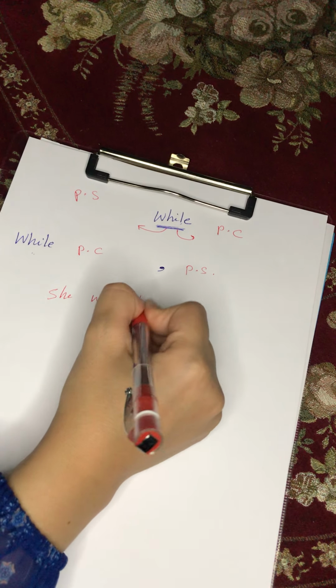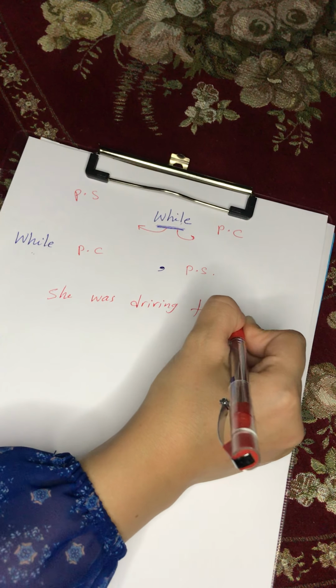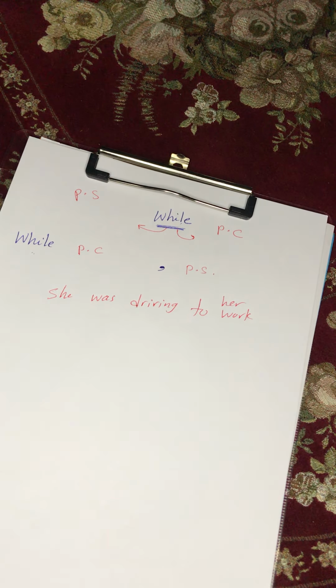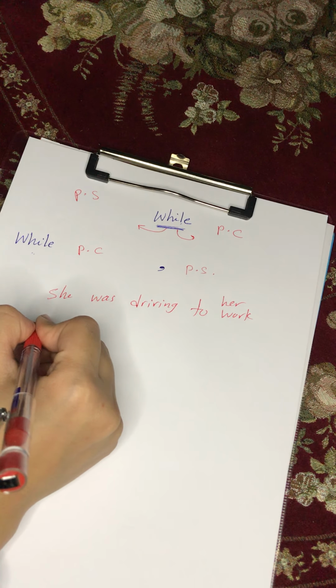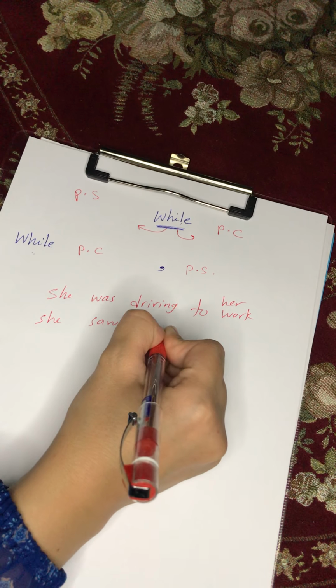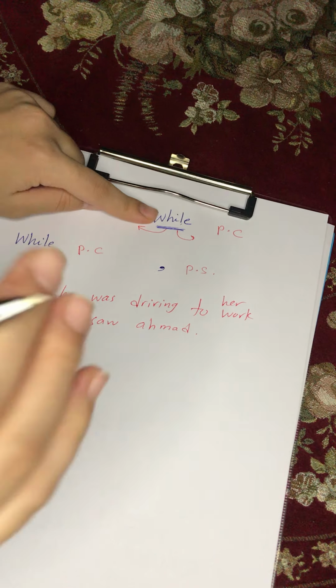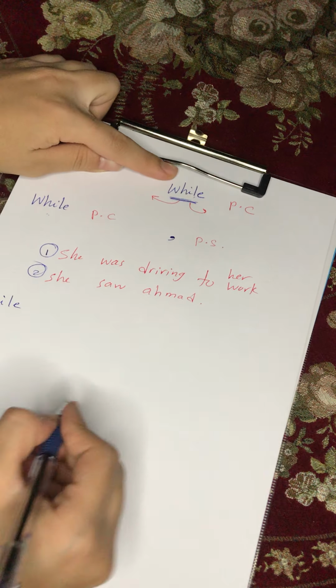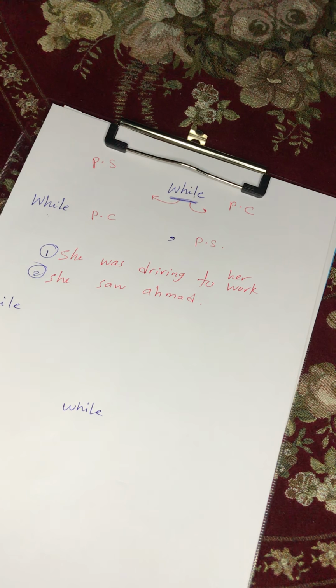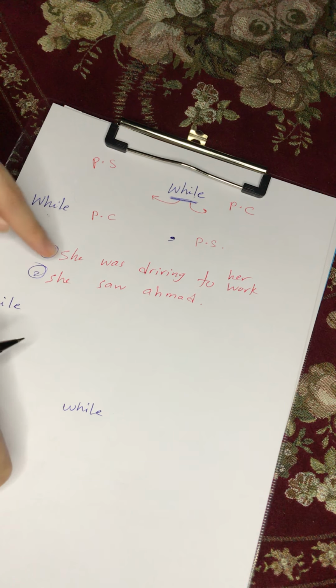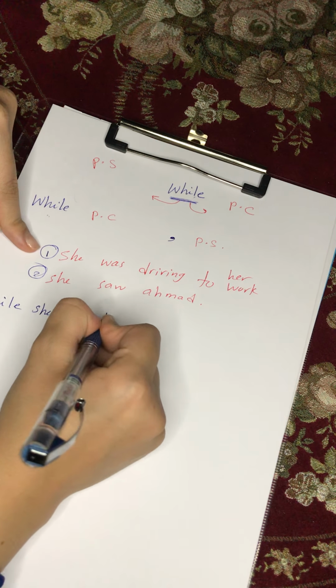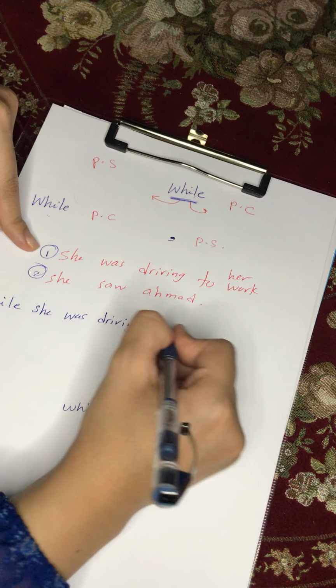She was driving to work or to her work. She saw Ahmed. So, how are we gonna arrange these two sentences? This is the first one and this is the second one. So we are going to use while, okay? Let's agree that the first time we put it at the beginning, the second time in the middle. When we put it at the beginning, we will use the sentence that has past continuous. So which one of these indicates past continuous? Is it was driving or saw? Yes, excellent, was driving. So while she was driving, بينما كانت تقود to her work إلى عملها,